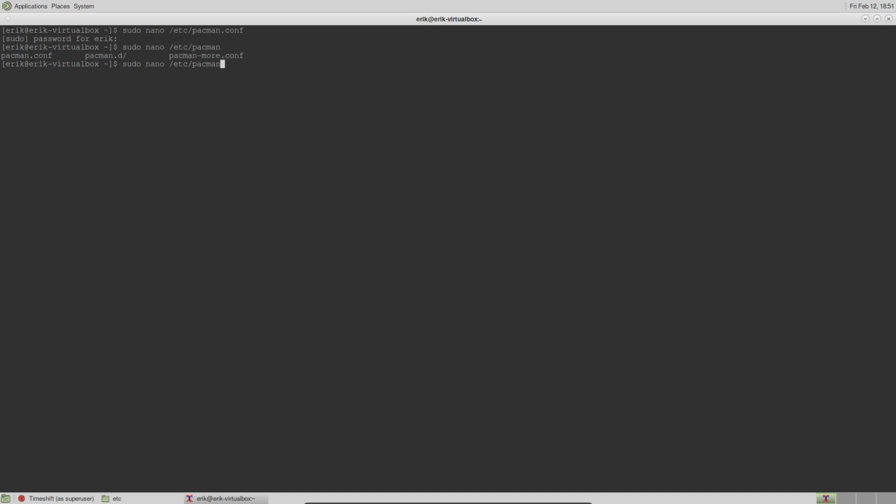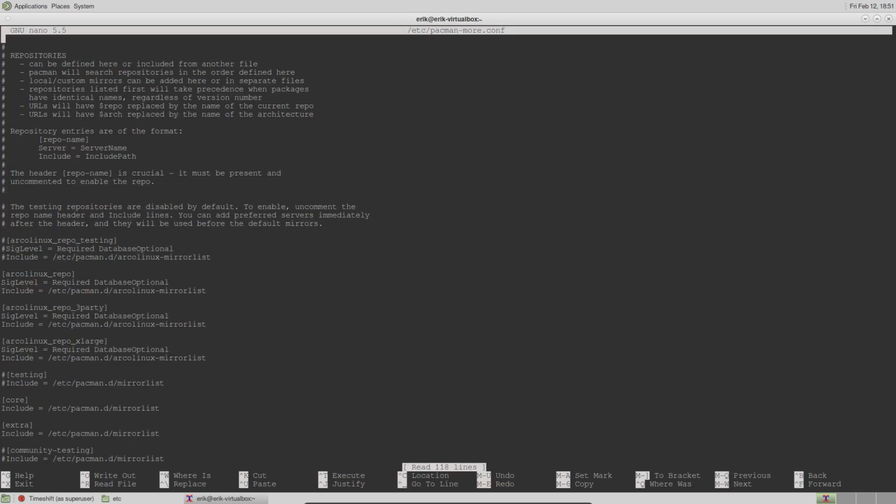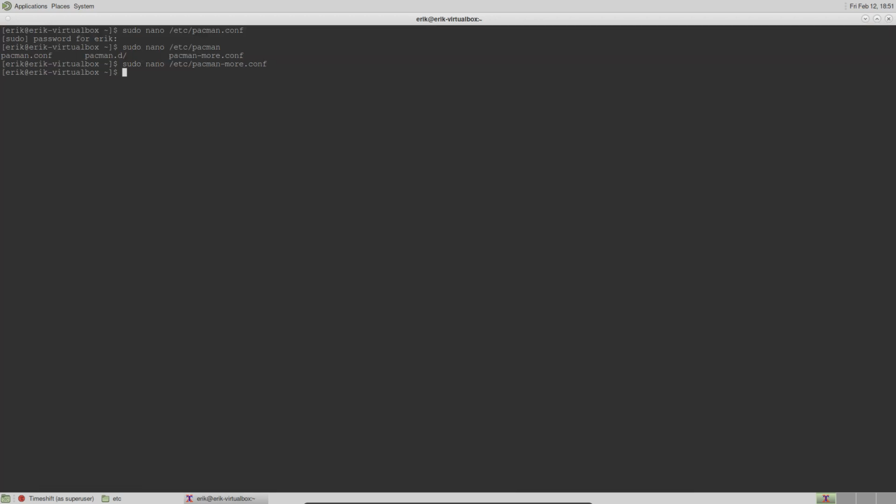There is another one, pacman-more, and that one does contain, indeed, it does contain here ArcoLinux stuff. So if I delete this, if I go for a sudo move me the etc pacman.conf, that's a capital one, conf to etc pacman.conf,